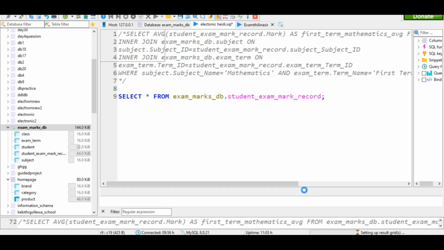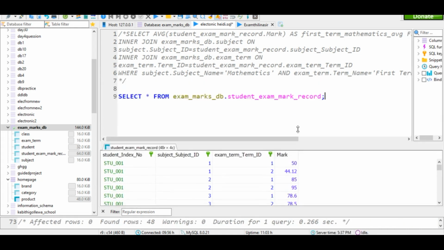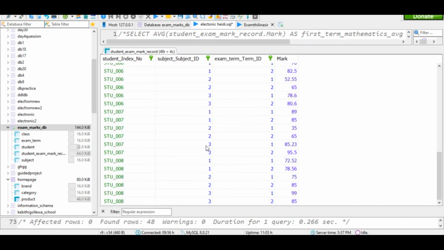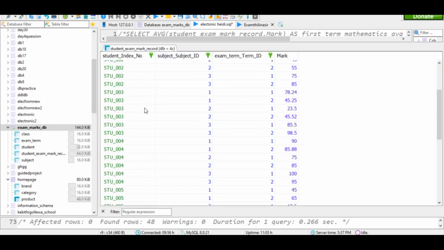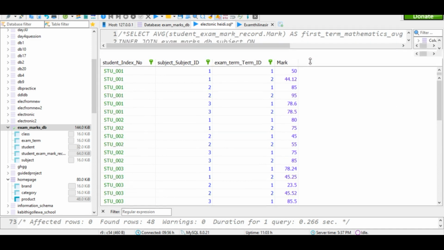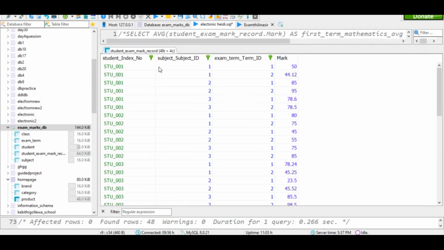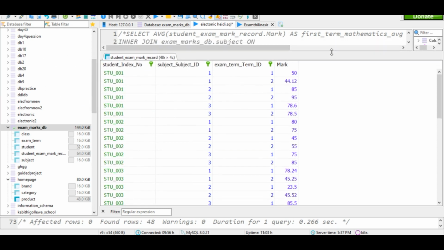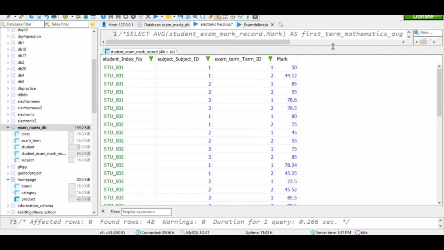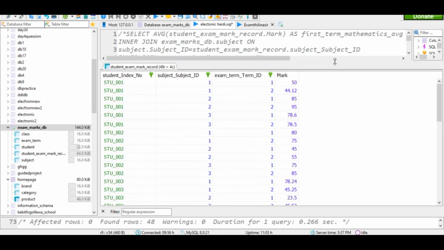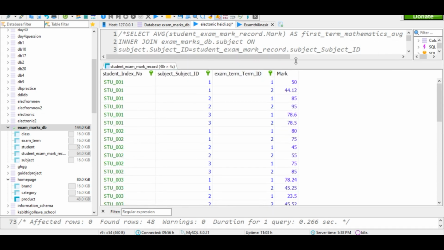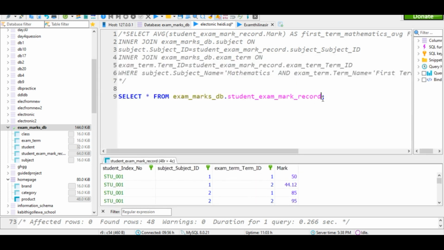When you execute this query, you will get an answer like this, and you can see there are plenty of students and you don't know which one is which. You don't even know the names, and you don't know the class, so it just contains these columns only. Therefore we have to match the class table, the term table, the subject table, and also the student table, because that's how you can connect the class table. So I want to say inner join